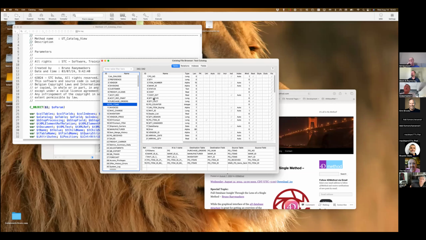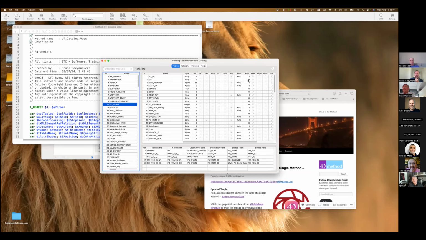Now, let's go through all the attributes of the fields that you see here. Of course, what type of field is it? If it's an alpha field, how long has it been defined in the structure file? Is this field the primary key in the table, yes or no? Is the content of this field unique? This is the auto-generate for UUID fields, if it's a UUID field, yes or no? Is the field set up as auto-increment, yes or no? Is the field indexed, yes or no? What type of index is it?